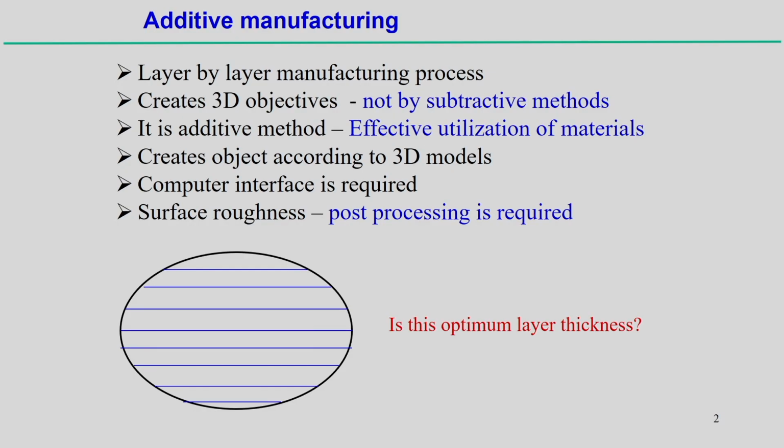It is a layer by layer deposition process and it creates a 3-dimensional object. It is a kind of additive method, in the sense that it is opposed to subtractive manufacturing processes. Definitely, effective utilization of materials is possible in the additive manufacturing process, but